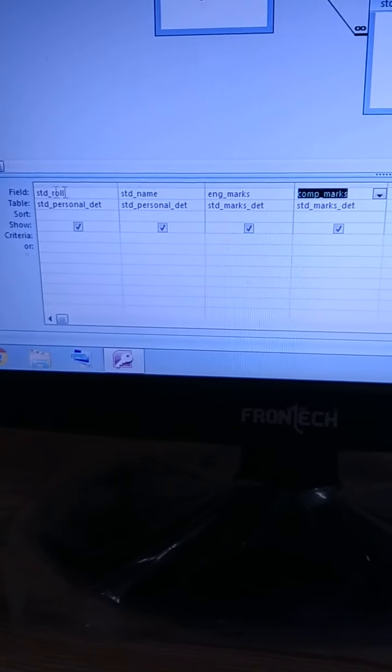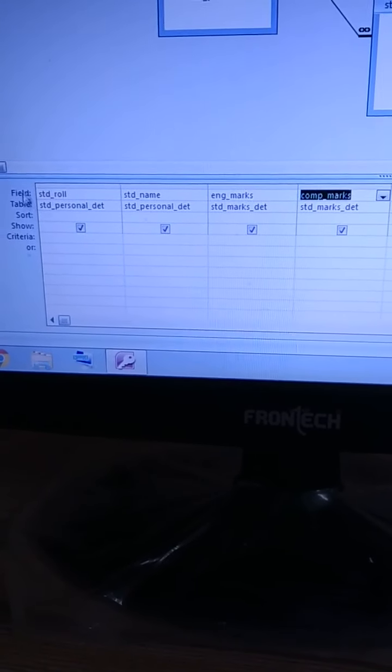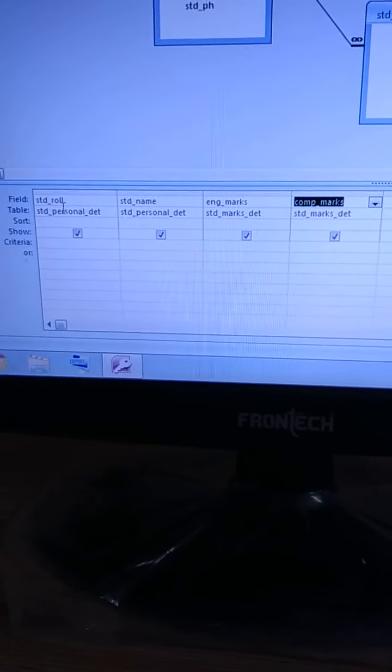Now in the show option there are small boxes with tick marks. If we select all the tick marks, it will display all the selected fields in the result.